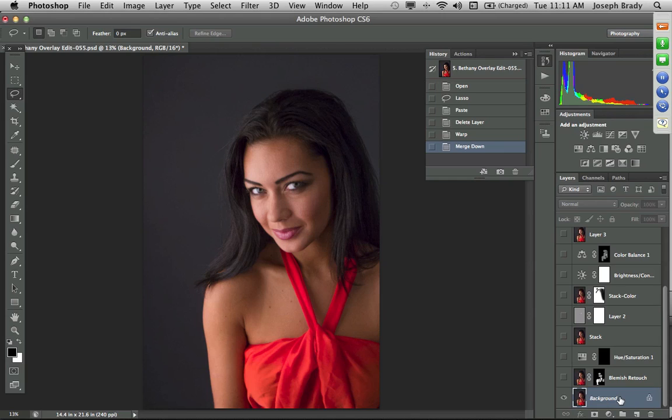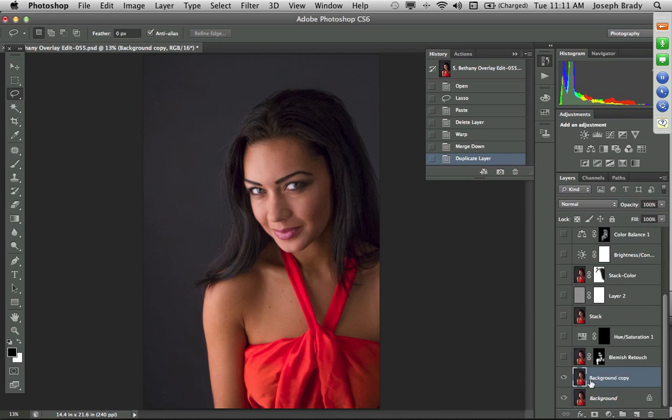So let's duplicate the background. Two ways to do it. I can just drag the background down the bottom left over to the little folded page thing, or I can hit Command or Control J. I'm working on a MacBook Pro right now. If I say Command and you're a PC user, just substitute the word Control. So again, I can just drag to the folded page, and that will make a copy of it as well. So you see we have a background copy. And let me show you my favorite way for doing